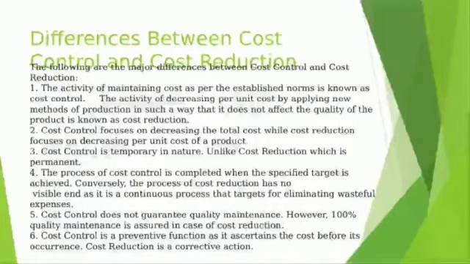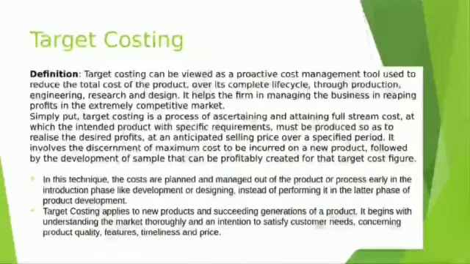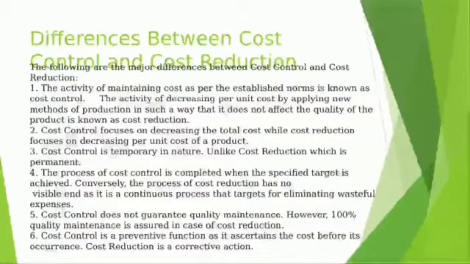Now we can say the two techniques, cost control and cost reduction, are used by the manufacturing concern to reduce the cost of production. Both are used to reduce the cost of production, and it is very much useful for all the manufacturing concerns. Cost reduction has a larger scope than cost control, as cost reduction is applicable for all the industries, but cost control is applicable only to the industries where pre-estimation of the cost which is not yet incurred is possible. Cost control works as a roadmap for the organization to incur cost as per the set standard.